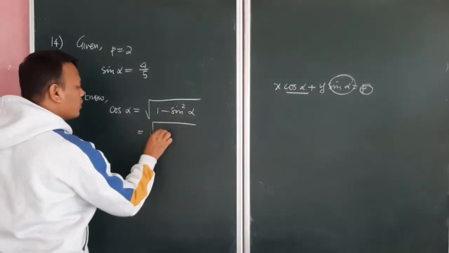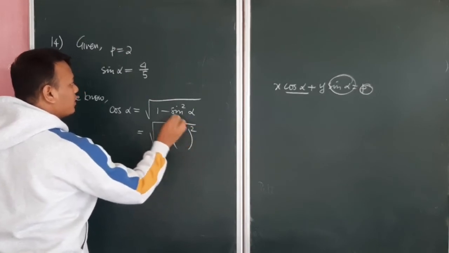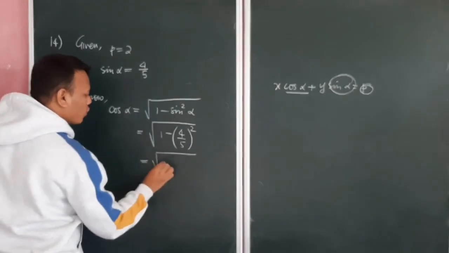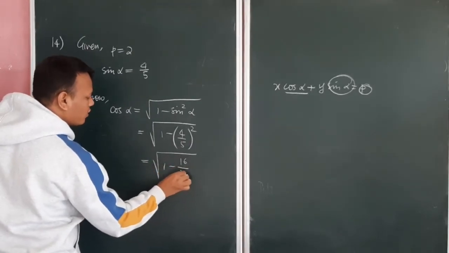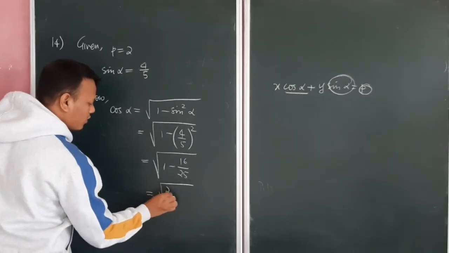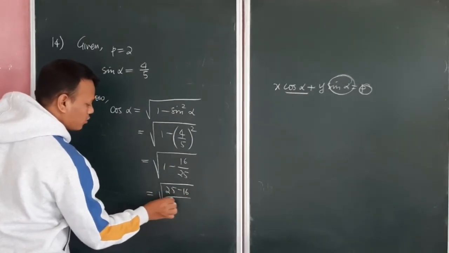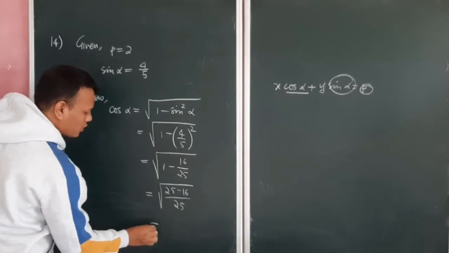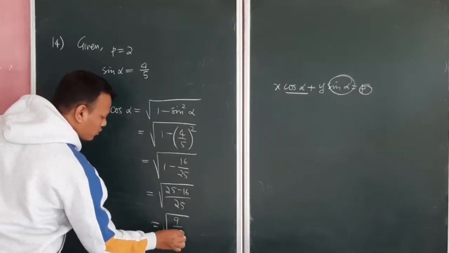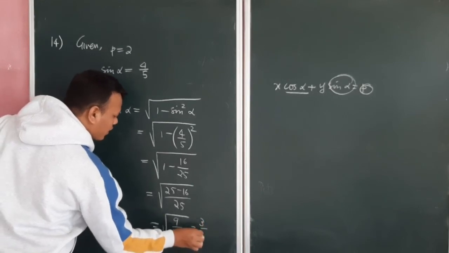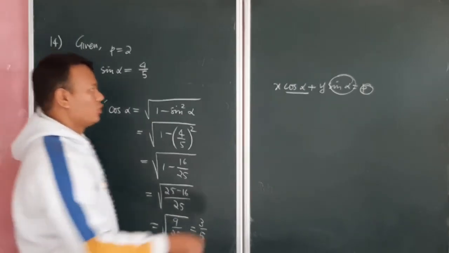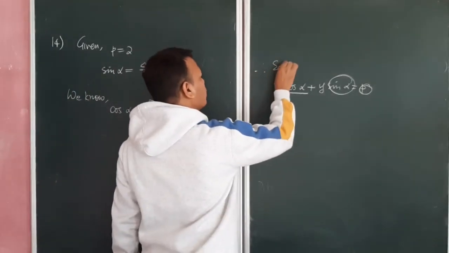So we have 1 minus sin square alpha, sin alpha is 4 by 5. From here we have 1 minus 16 by 25. This will be equal to 25 minus 16 by 25, which is 9 by 25. So this turns out to be 3 by 5. So basically the value of cos alpha is 3 by 5. Yes, so therefore the equation of the